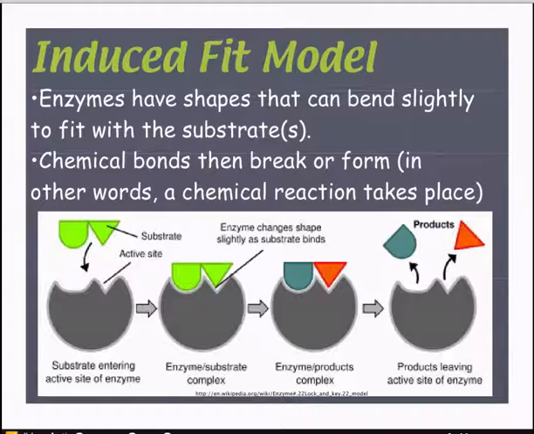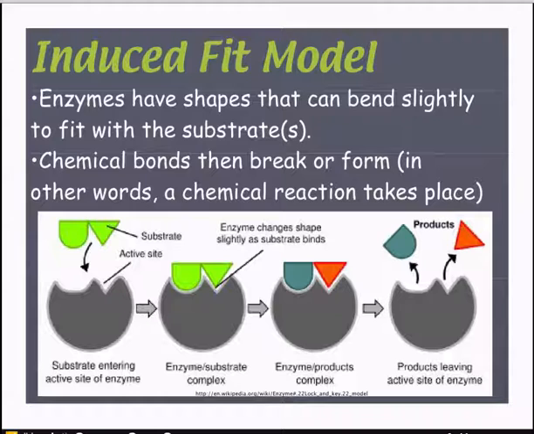So maybe this would be hydrogen peroxide, for example. So you see the two of them fit together in the second diagram, and then the enzyme causes bonds to break or to form. In the case of hydrogen peroxide, bonds are being broken and rearranged, so that what you end up with is two different products. You end up with water and oxygen, sort of that teal colored shape and the orange triangle. And the enzyme, notice, is unchanged. It's able to now work on another hydrogen peroxide molecule and break it up, and so forth and so on,